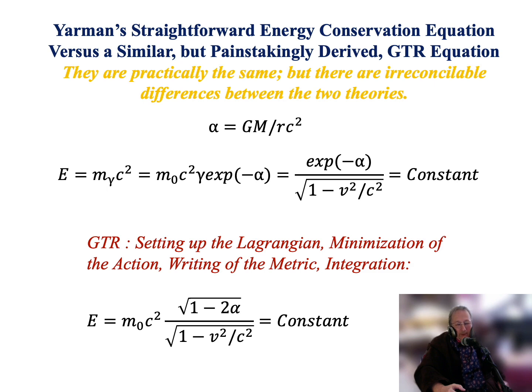Now, what is furthermore fascinating, I would say, is that I was able to write the equation you see over here as a second line, as a straight energy conservation equation. The idea is very simple. It says that if we descend the test object from infinity to the distance r quasi-statically, its rest mass will get decreased as much as exponential minus alpha. So we have now the host body and the test object, and the test object's rest mass at this location, as referred to the distant observer, is decreased as much as exponential minus alpha, as I just stated,